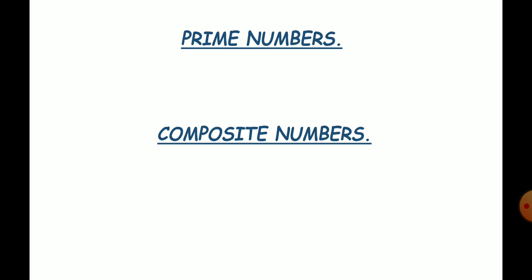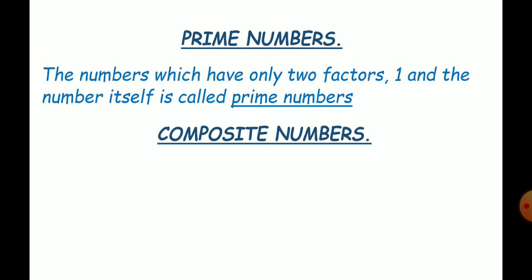Actually, regarding prime numbers, we have already seen in the factor tree itself, right? As I said, we shouldn't use 1 in a factor tree. So what we did, we stopped with the numbers which are a multiple of 1 and the number itself, right? So it comes in one table and 3. If you take 3, it comes in one table and 3 table alone. So now if any number comes in one table and its own table, then it is called a prime number. Okay, so listen to the definition. A number which has only two factors, 1 and the number itself, is called a prime number.